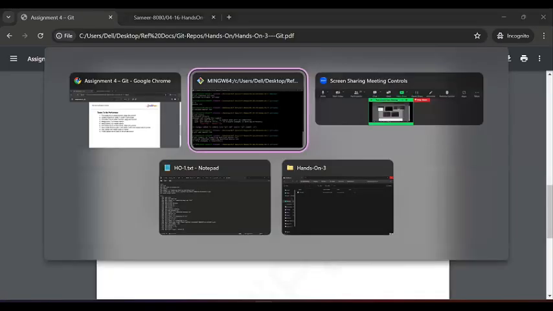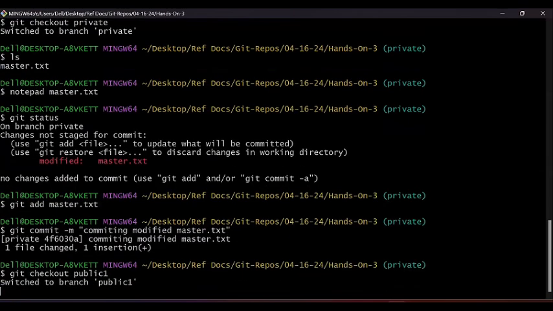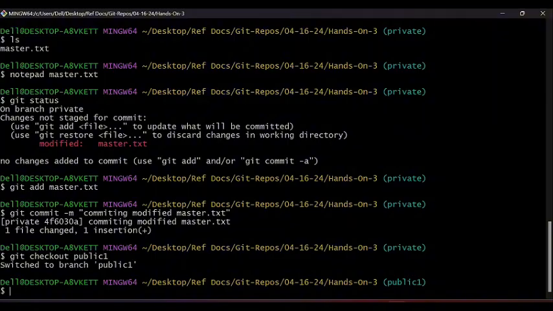Okay, so we will check out to public 1 first. And here we will merge the private branch. So git merge private. This will merge the private branch into the public 1 branch, giving the updated file in the public 1 branch as well. So when I run the command,